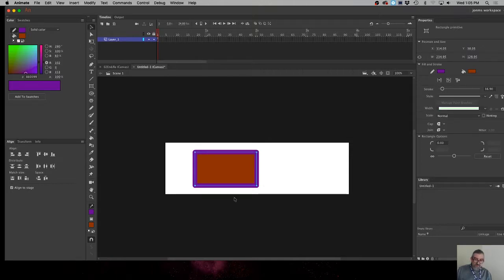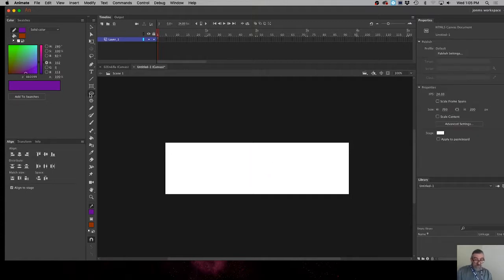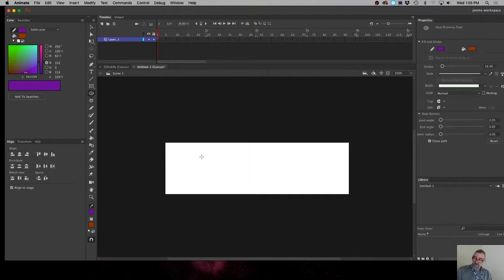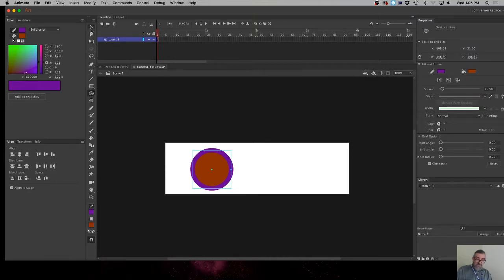It's going to combine my stroke and my fill in one thing, but it gives me options for doing things like rounded corners. This is not available to you if you are just using the rectangle tool. This is only available with the rectangle primitive. If we use the oval primitive tool, there we go. Then we have some different options that we can play with, such as